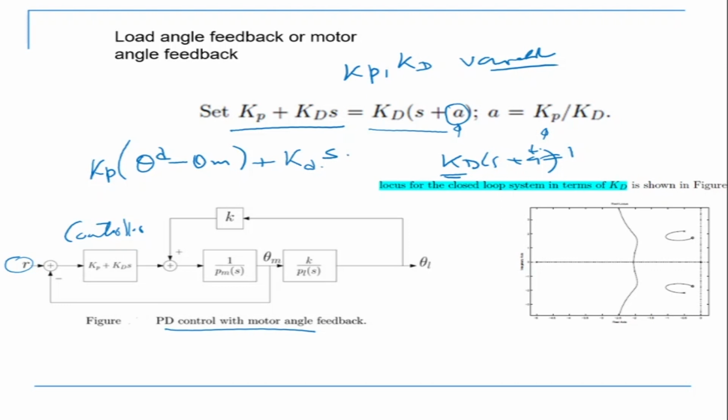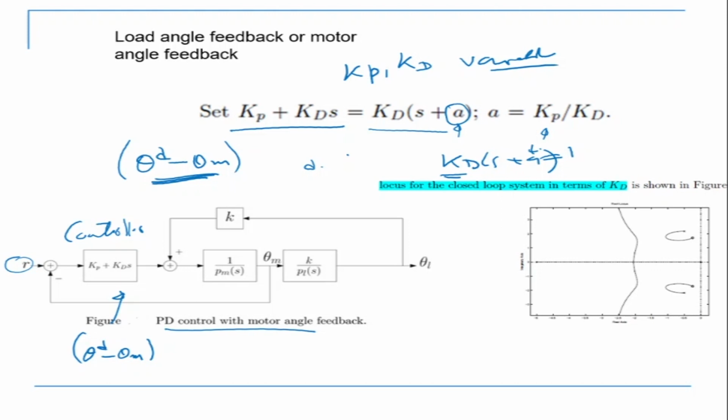Now basically what we are saying here is that I need a feedback which is this one. Now if I want this feedback, no, I cannot write it like this. I need this feedback. I cannot write it this way. So when I want the feedback, this is my feedback which is coming from here, theta d minus theta m. So for this feedback, the feedback can be taken either from the motor end.